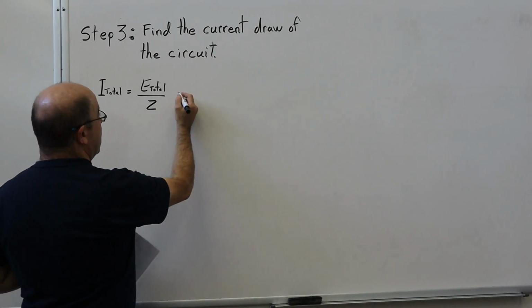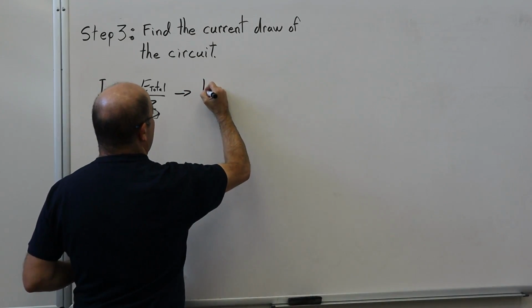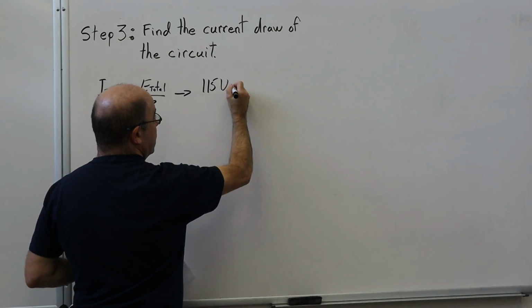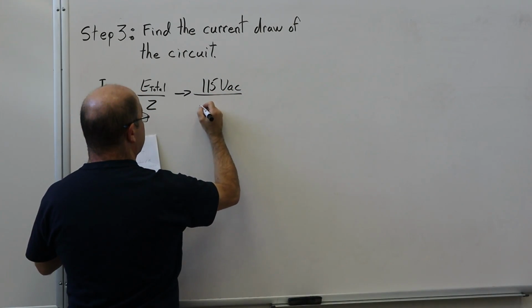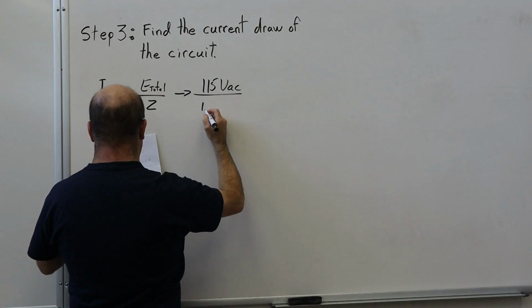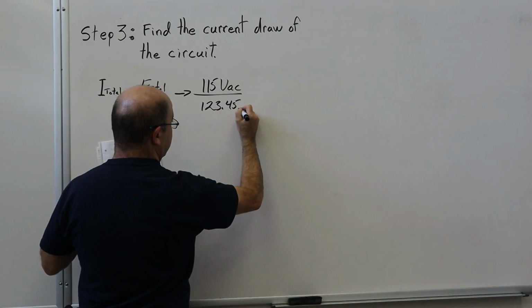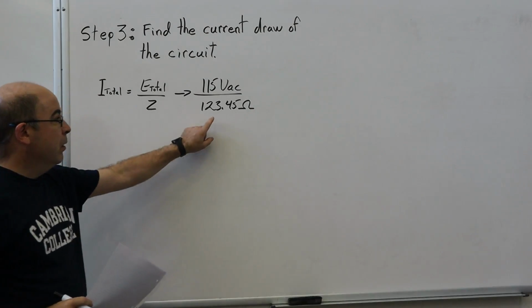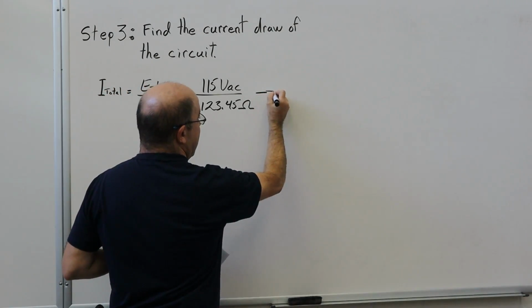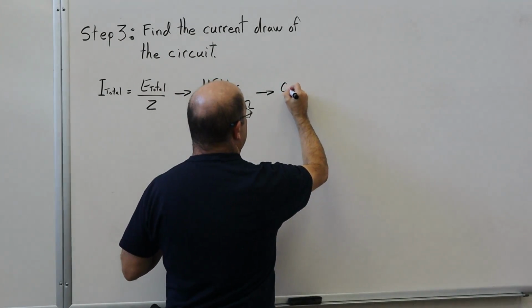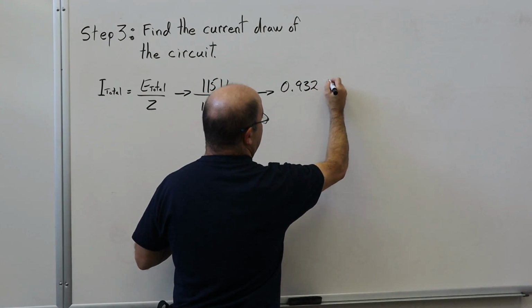We're going to input our values, 115 volts divided by 123.45 ohms, giving us as an answer 0.932